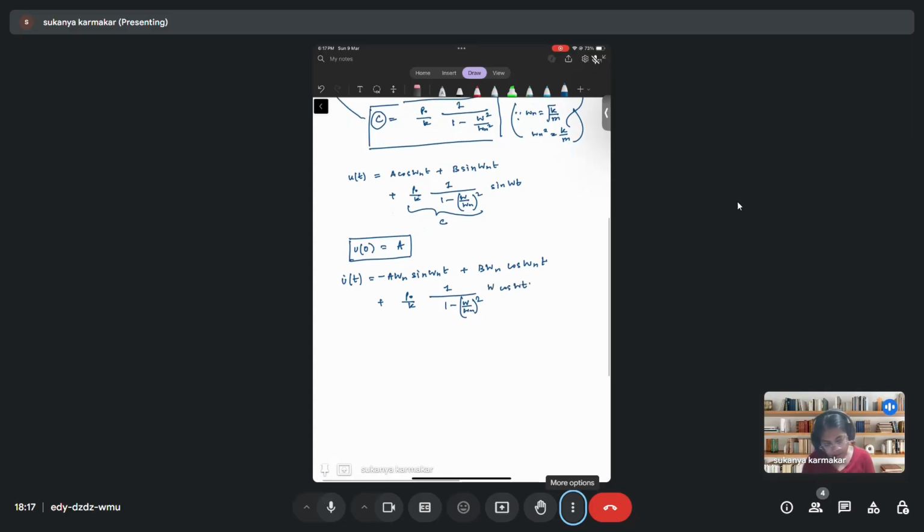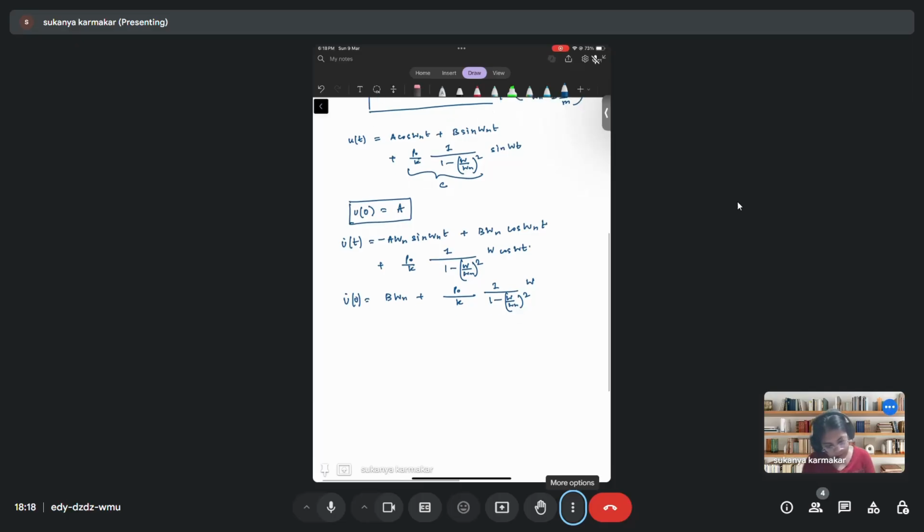Okay. Now at t is equal to 0, u dot 0 is u0, this first term goes away. You will have d omega n plus p naught by k, 1 by omega n whole square times omega. So from here you can calculate the value of d. So d will be